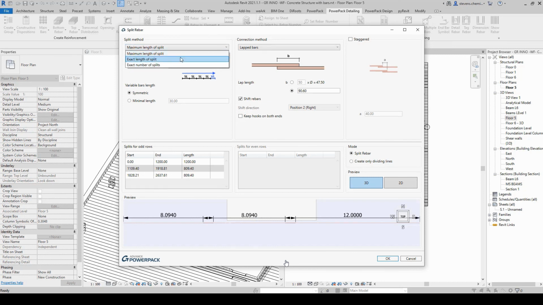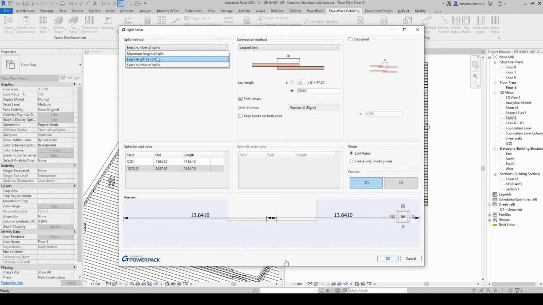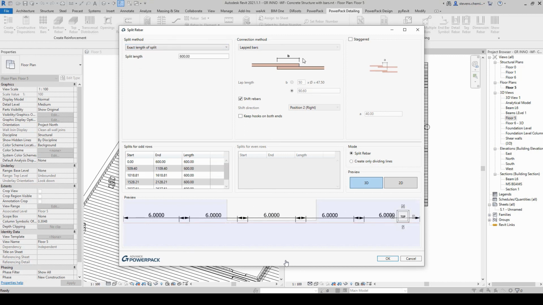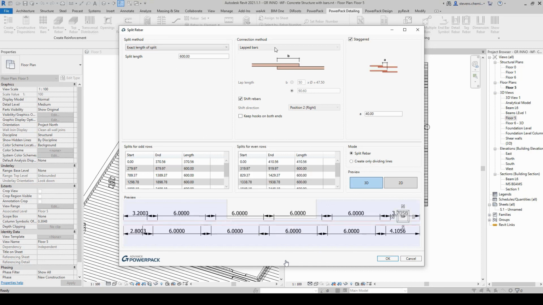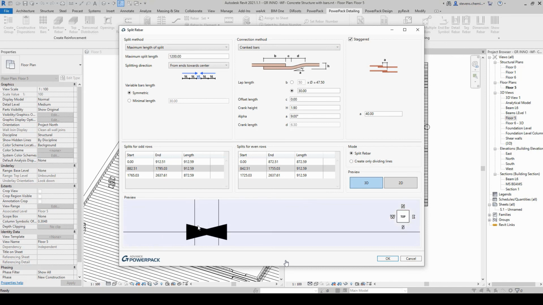And it's possible to split rebar around those openings, or to split rebar according to a maximum length or a number of split elements. We have a dedicated command, split rebar, which comes with a set of options to manage the connection. We can manage an automatic overlap between bars, insert a coupler, or crank the bar as well.